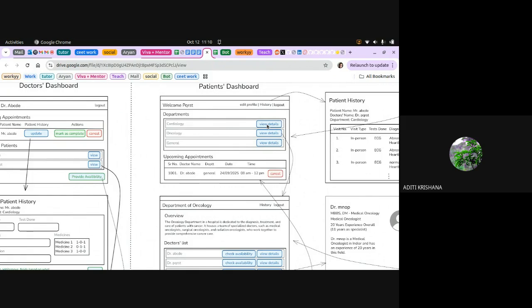Actually, you can show it as slash view details slash department id, so that this particular department's details will be shown. When the route path changes, make a new HTML page for that route, slash view details slash department id.